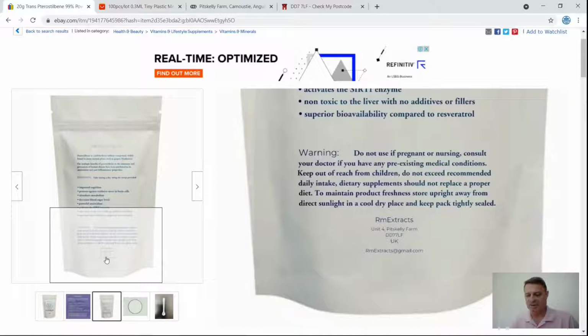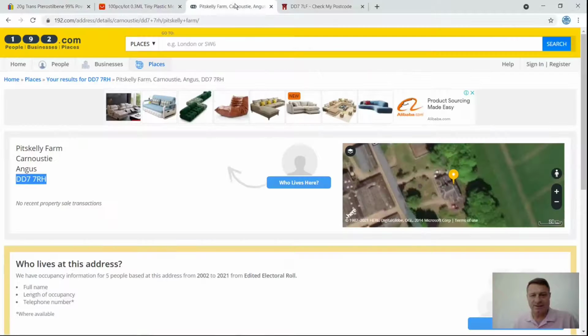There should be a space. It should be DD7 space 7LF. Maybe this is a way of writing it down so that someone who's trying to find them can't find them. This is actually Pitskelly Farm, and you can see there the postcode is DD7 7RH, so it's close, but it's